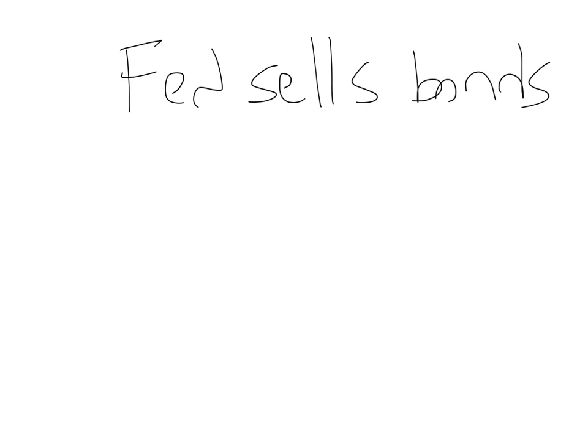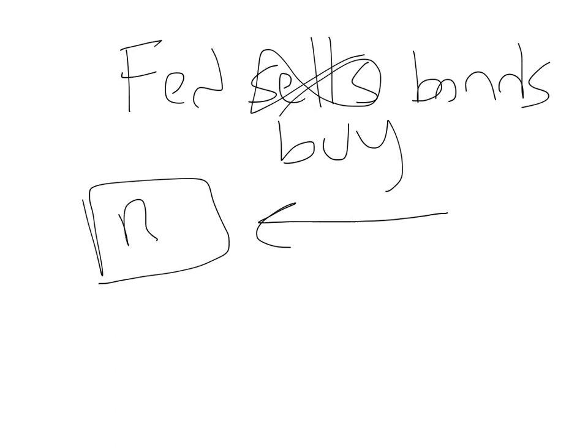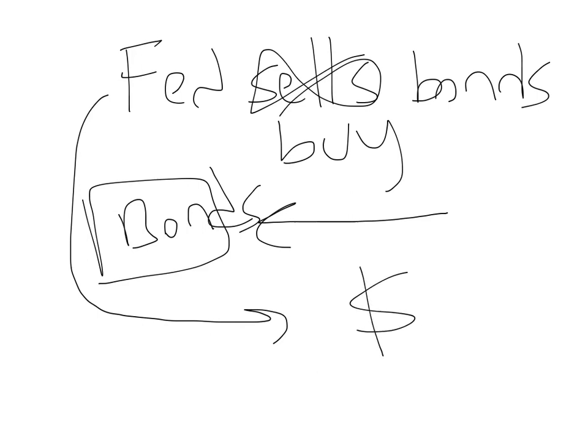The second case is where the Fed is going to not sell bonds, but buy bonds. Now instead, the public is giving bonds to the Fed. Bonds are the papers. And in return, the Fed prints money and gives dollars to the public. So what happens? The public has dollars. In return, the Fed has bonds. That means the quantity of money increases in the economy. Okay, that is how the system works.